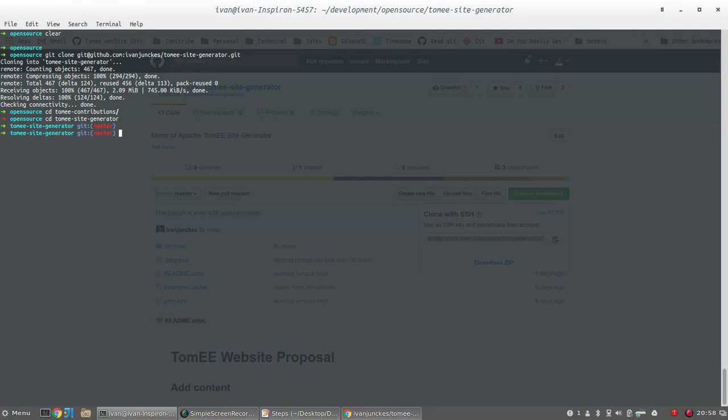So to be able to push my changes later, I'm gonna create a branch. So here I'm doing git checkout -b, then the branch name, website improvement. Okay, we switched to the branch. Now we're gonna open